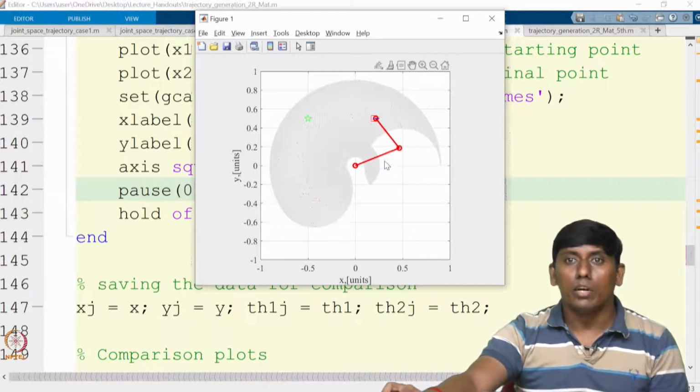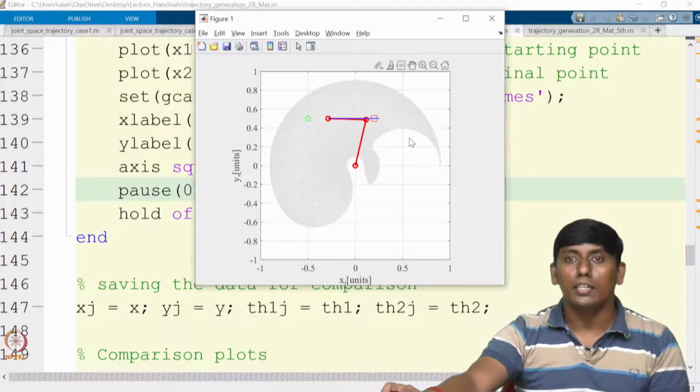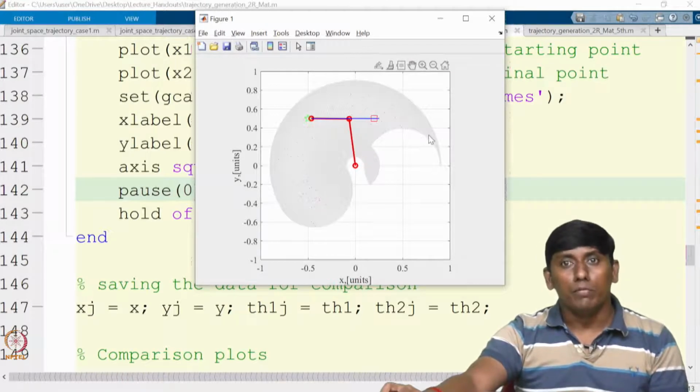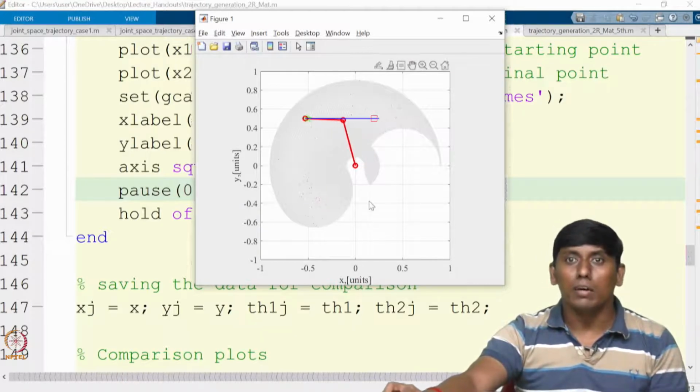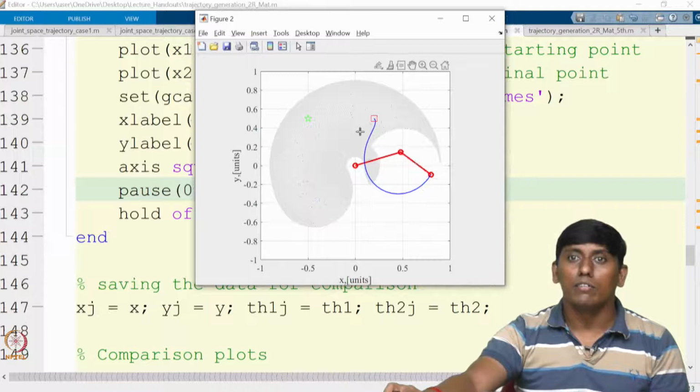The first joint rotates 0 to 210 degrees, and the second joint also rotates a maximum of 210 degrees starting from 0. So if I plot, this is the workspace that will come. Within the workspace, this is the initial point and this is the final point. Now it is from non-zero initial velocity to a finite velocity.